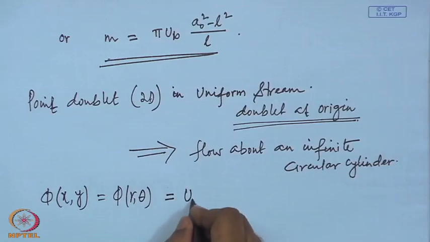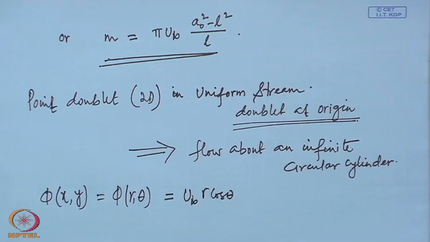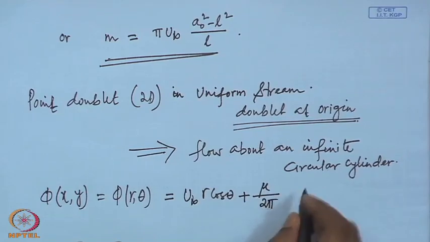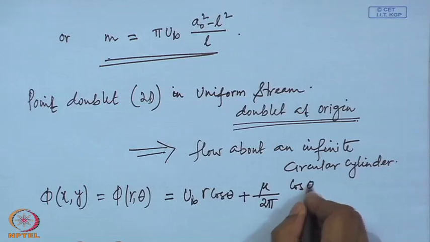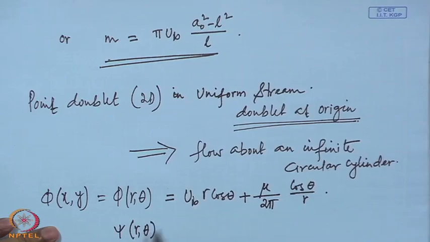And doublet, mu by 2 pi. Mu is the doublet strength, mu by 2 pi cos theta by r. If you want to write psi,